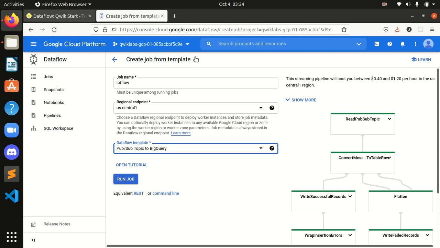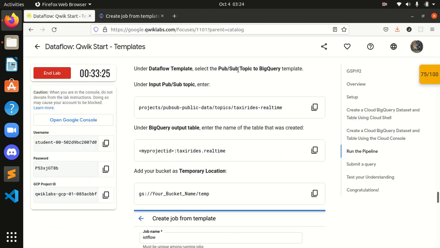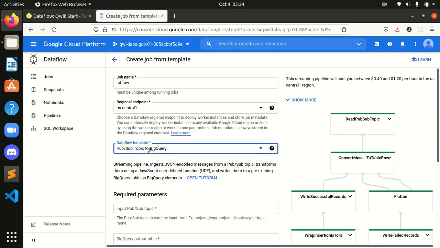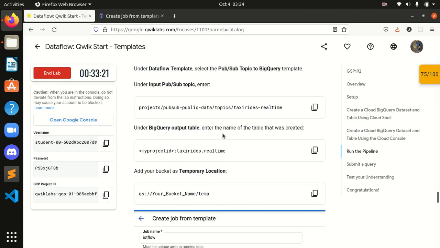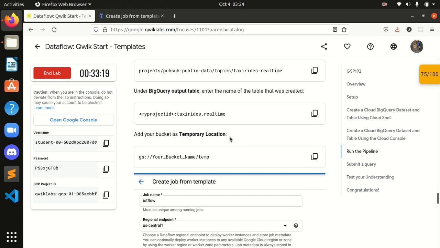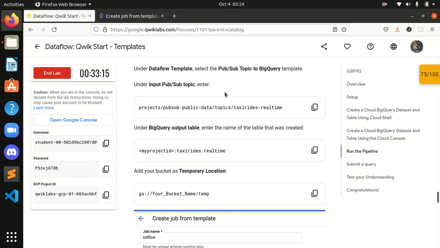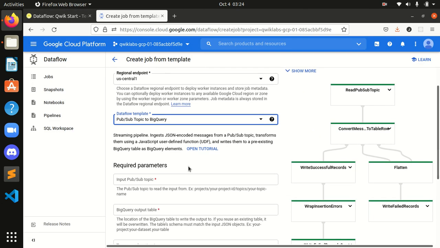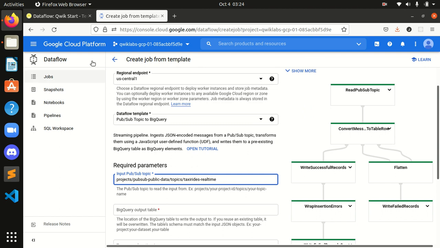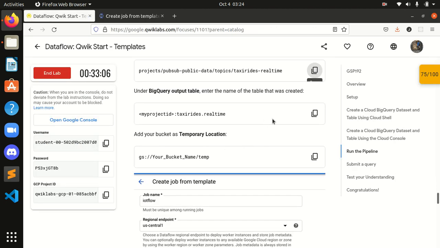Guys, be conscious over here because this map comes according to what you selected, right? Pub/Sub topic to BigQuery. Under the BigQuery table, first under input, enter this. BigQuery output table.